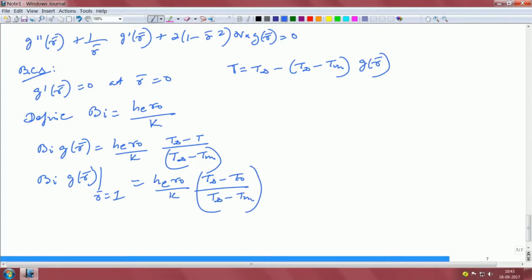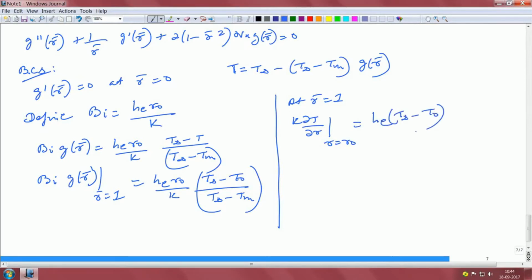That is what we have. Similarly, at R bar equal to 1, k dT by dr at R equal to R naught is exactly given as He into T infinity minus T naught. That is nothing but your Q double prime. That is also equal to your Nusselt number, T infinity minus Tm, into k by 2 R naught. So if I now do a little bit of manipulations on this,